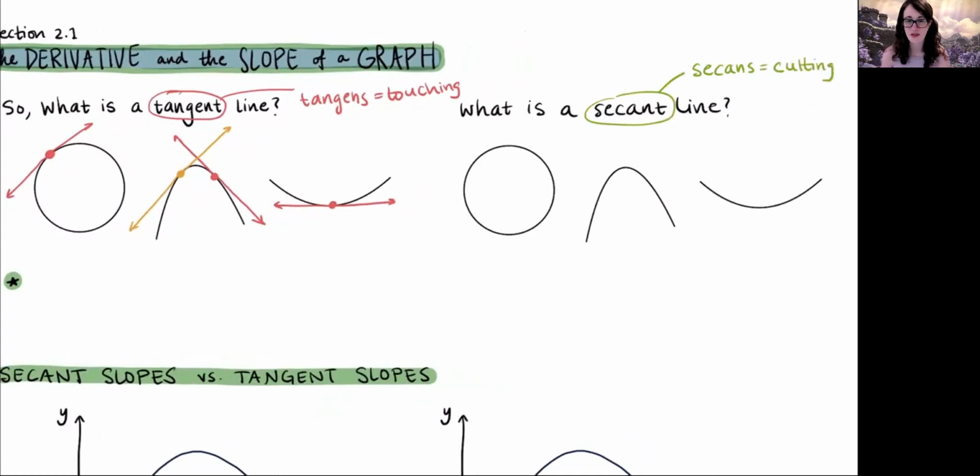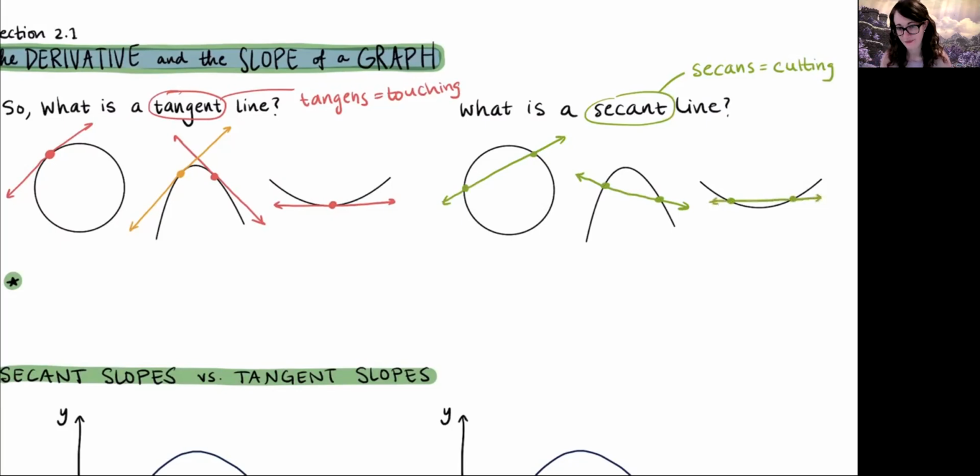So a secant line is going to go through the curve at more than one point. So if we have a circle and we want to find the secant line between these 2 points, it's just the line that connects them together, right? So here's the secant line between those 2 points. This upside down parabola, if we want to find the secant line that goes through, for example, these 2 points here, it might look like this, just the line that connects those two together. And here on our last curve, say we want the secant line that goes through these 2 points. Here we've got one